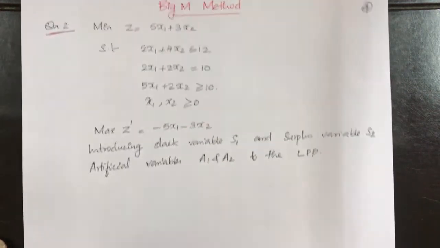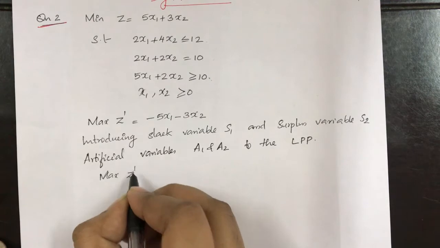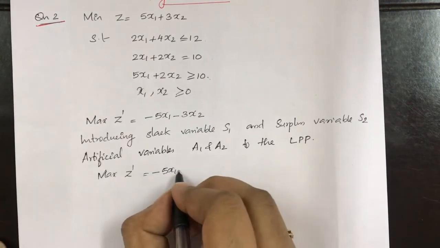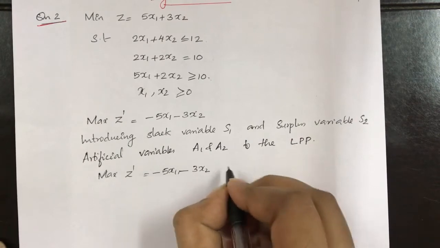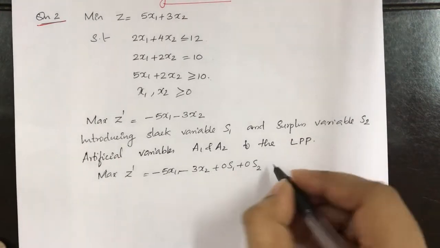So our objective function becomes maximize Z dash is equal to minus 5x1 minus 3x2 plus 0s1 plus 0s2